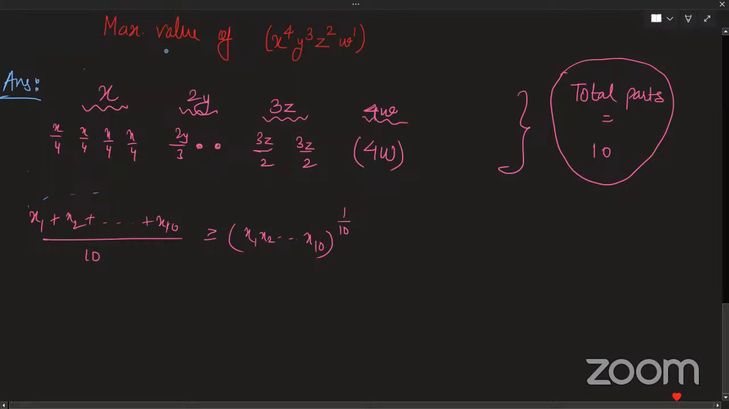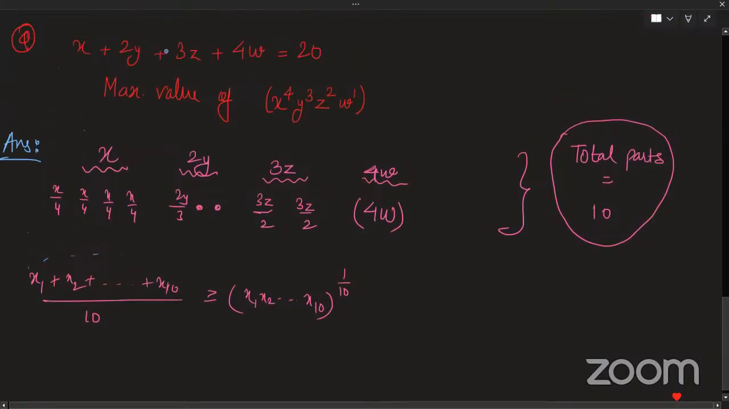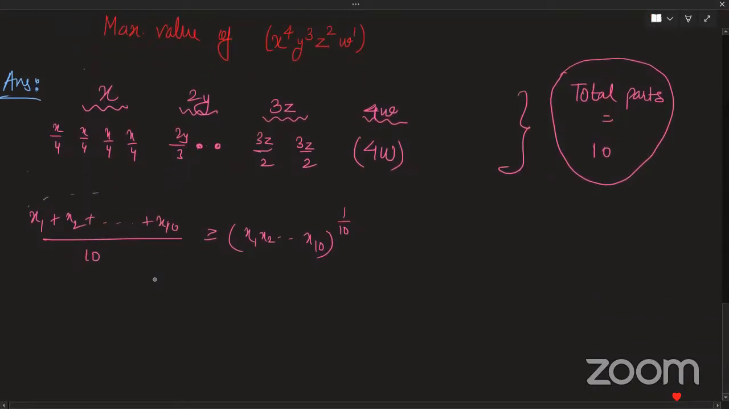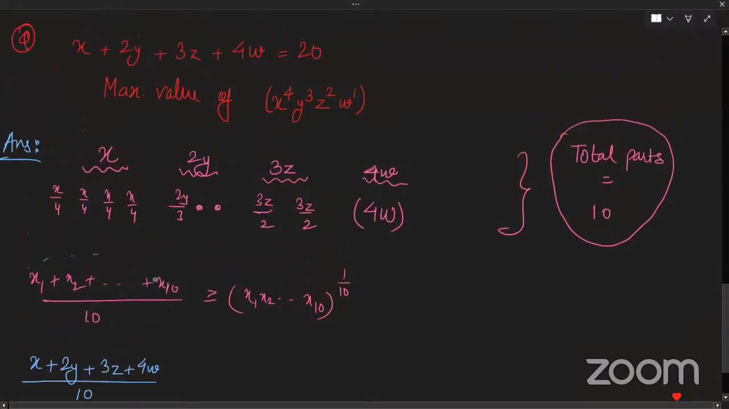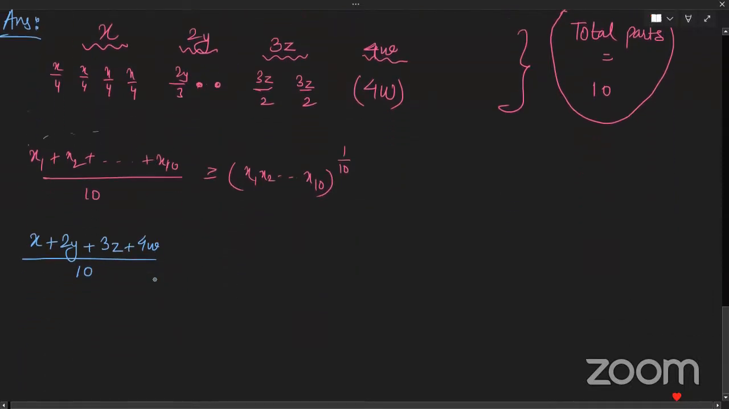My left side, this thing, x1 plus x2 plus so on till x10. What is it? Can anyone help me? No, wrong. It is x plus 2y plus 3z plus 4w, whole divided by 10. So I know the value 20, right? 20 by 10, so my left hand side is basically 2. So 2 is less than or equal to